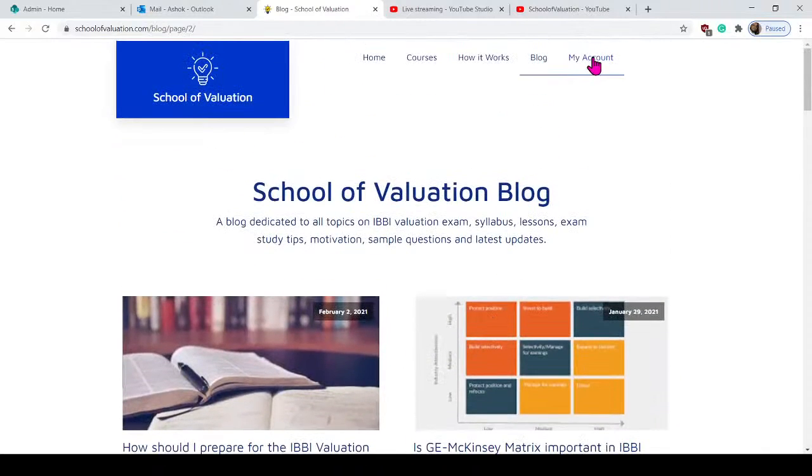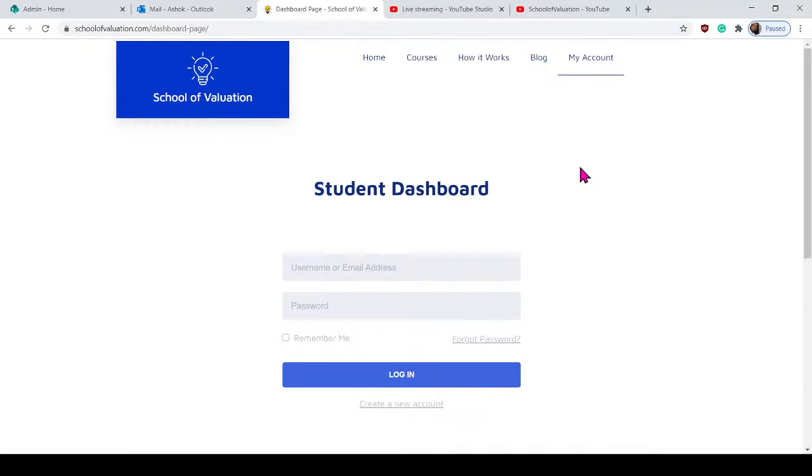The final thing is my account. Once you start taking your courses, you can see a chart in My Account which will say where you stand with respect to each course, what your quiz rating is, what topics you have finished, and all. There will be nice analytics. I have not logged in yet, so you'll get to see that also. It's a nice LMS. A lot of work has gone into it, so please do explore. It's worth investing in this. So that is about the LMS. I'll try and see if I can activate my